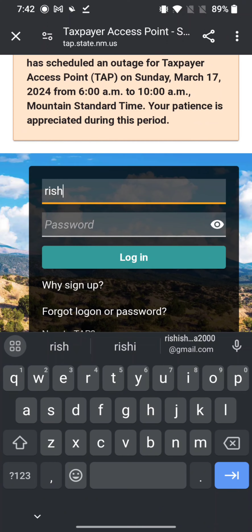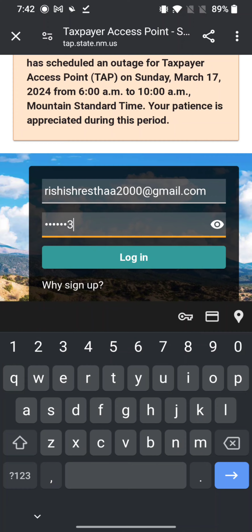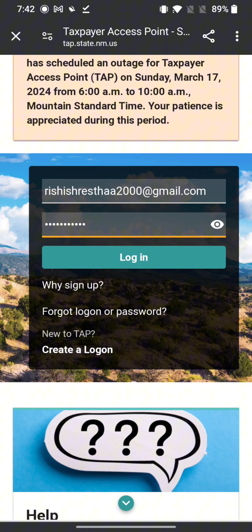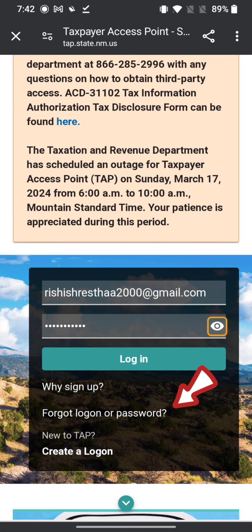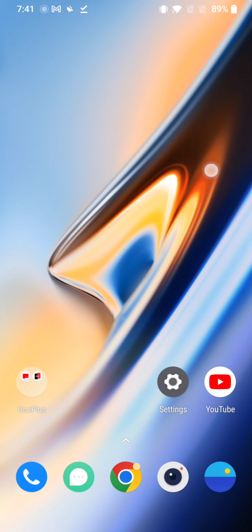Enter your user ID and password associated with your New Mexico sales tax account and tap on login. Click on an eye icon to check if you have entered your password correctly or not. In case you don't remember your username or password, click on the link that says Forgot Logon or Password option. This is how you can log into your New Mexico sales tax account quickly and easily in just a few